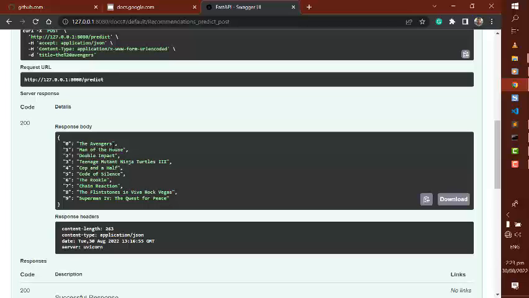As you can see, we have the Avengers, Man of the House, Double Impact, Teenage Mutant, Couple and a Half. And once you look at all these movies, you see that probably one thing is common to all of them. They all seem to be action movies, which shows that they are more or less similar in a way to the